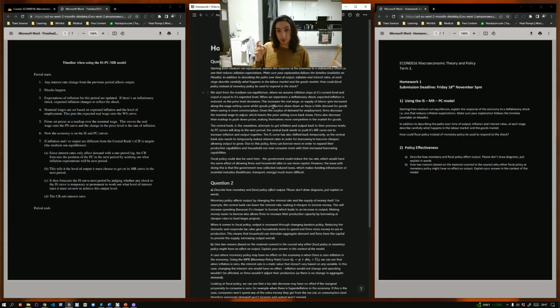So firms are also going to reduce their markup, because if they reduce their prices, that's going to make them more competitively advantageous, especially in a deflationary economy. Because in a deflationary economy, people aren't going to go out to buy things at a higher price or even the same price. They're going to buy things at a lower price. So firms are going to lower their prices, lower their markup to make themselves more competitive.